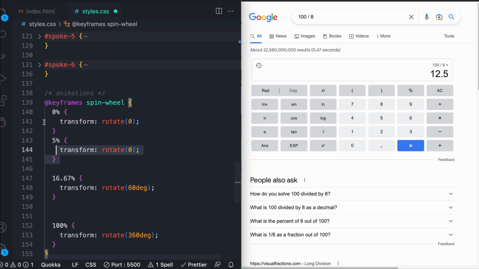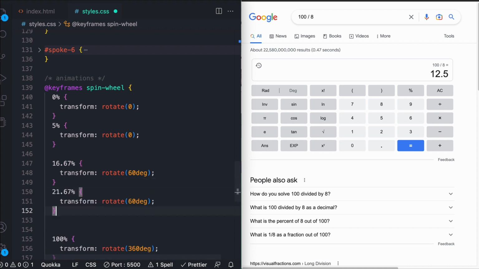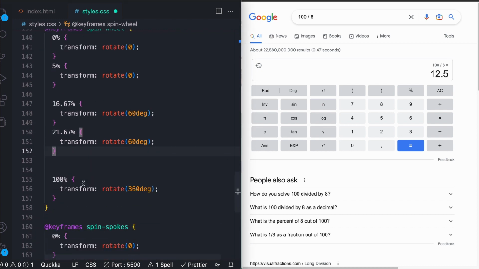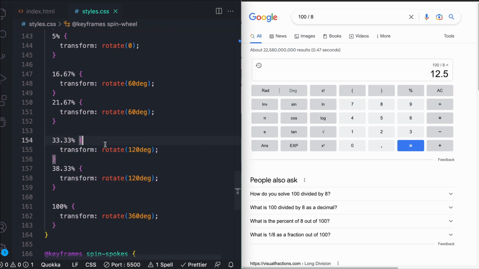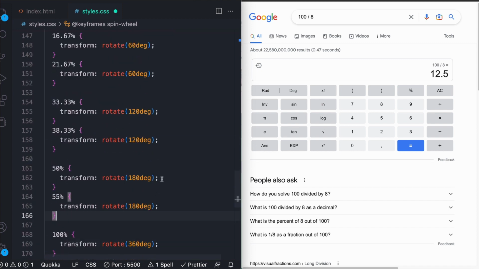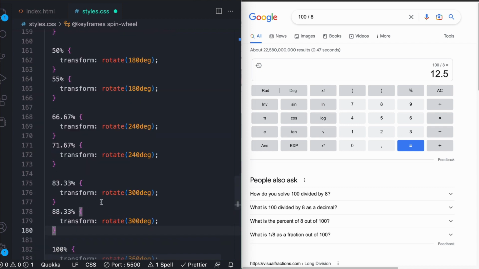But anyways, 0% to 5%. So this is going to be our first 1/6 of a turn. We'll have that pause there for a little bit. And I'm obviously just going to start pasting these in instead of writing all of this in slowly, but feel free to copy it as we go. We'll then spin it another 1/6 of a turn to 120 degrees, another 1/6 of a turn to 180 degrees the next time. Then the next one, another 1/6 of a turn, 240 degrees. And then the last one before 100%, one more 1/6 of the turn, 300 degrees,